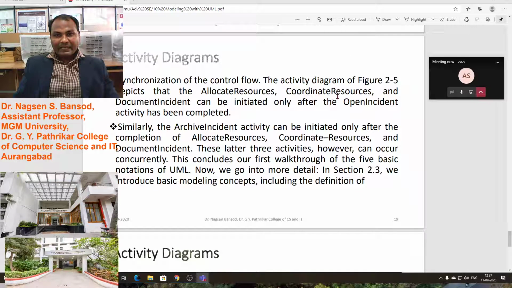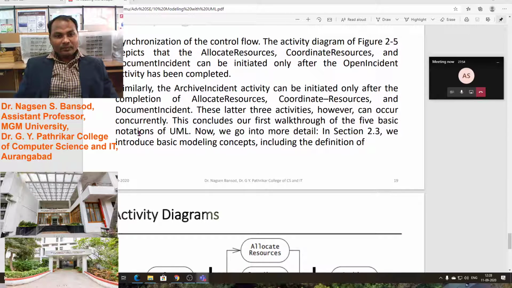The activity diagram, figure 2.5, depicts that the allocate resources, coordinate resources, and document incident activities can be initiated only after the open incident activity has been completed.